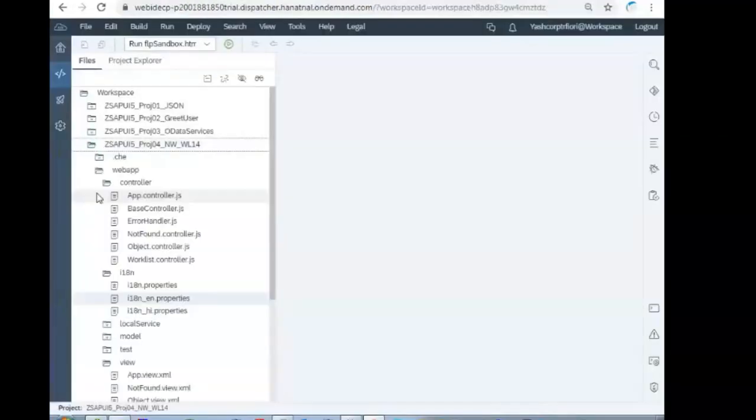i18n. Yes, it will automatically understand and refer to the language. When I change the browser to Hindi, it will check whether underscore HI is there or not.